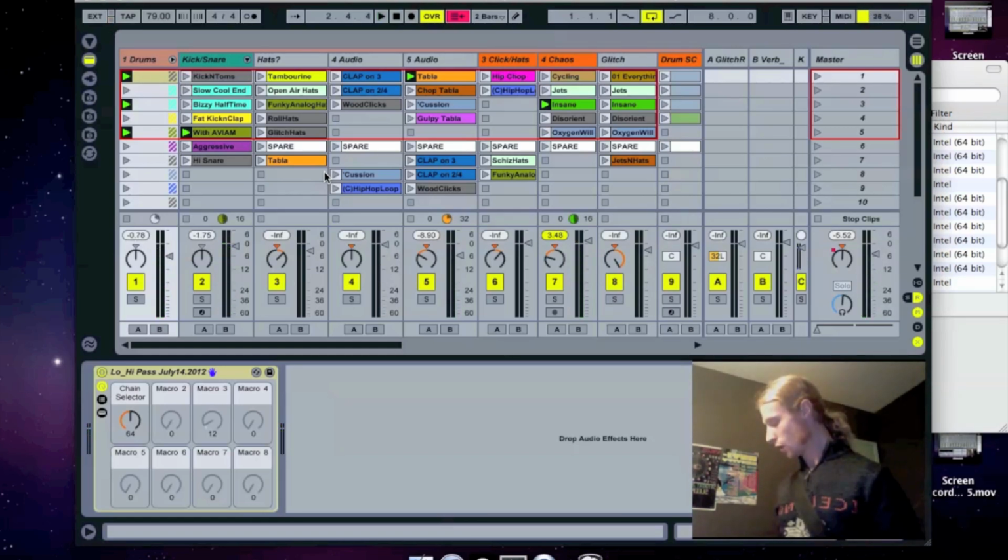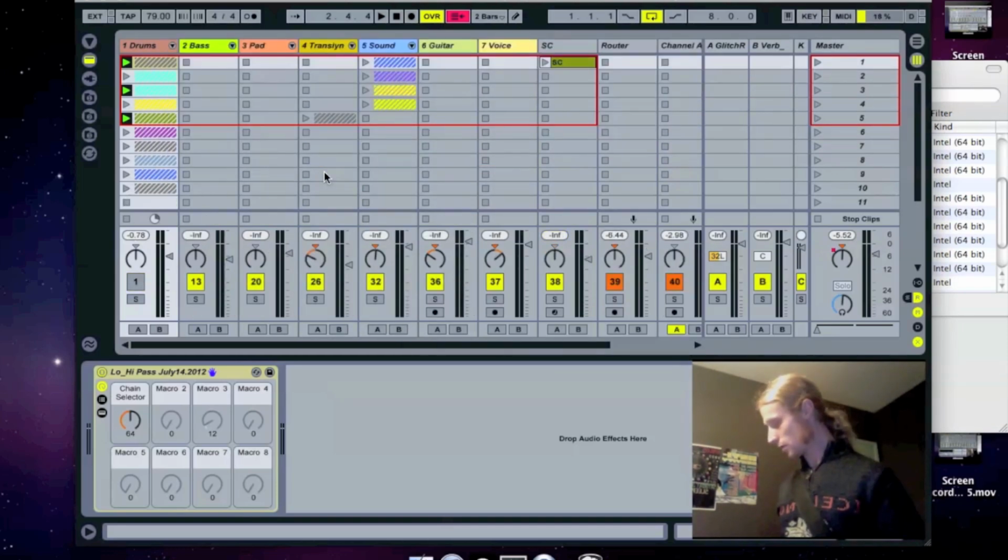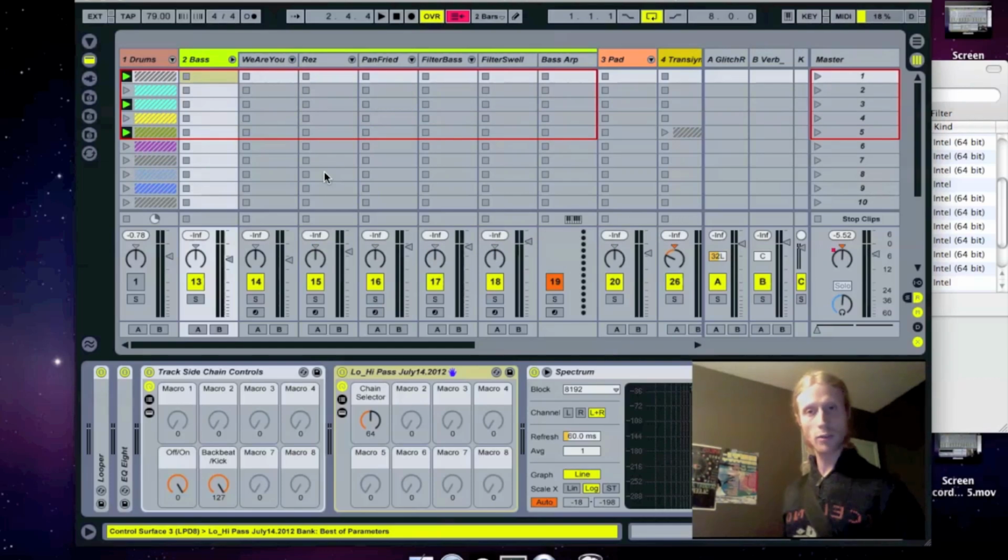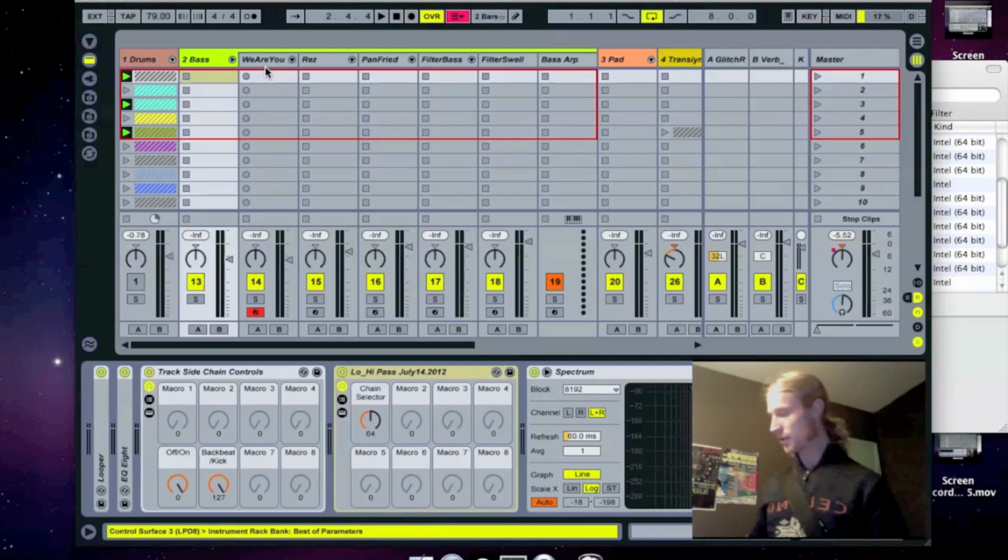Yeah, so that's the drums. That's basically how that's working. We'll pop the bass channel open here, and you see we've got a bunch of tracks with different bass synths in them. So for instance, this one,